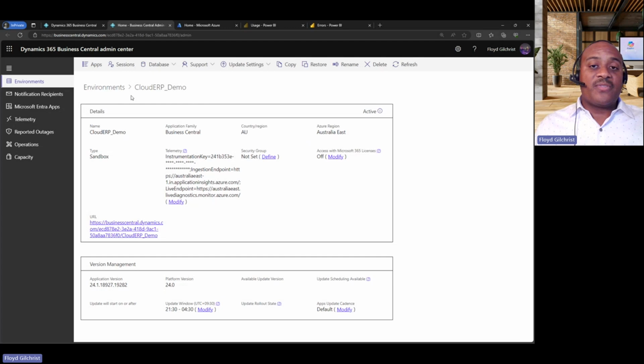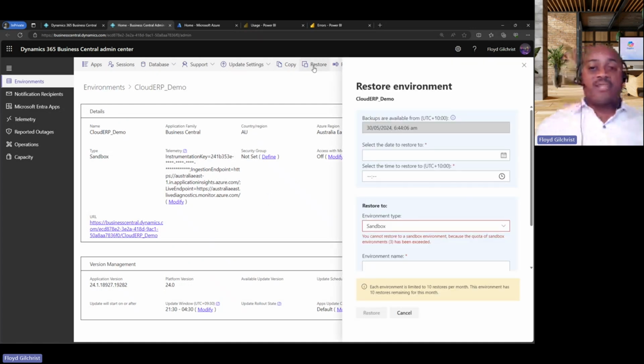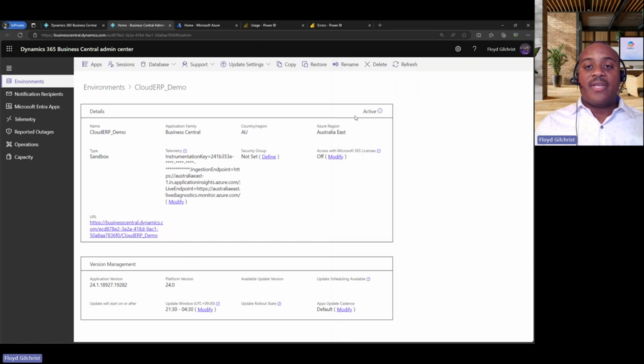Within this, I can also do various activities such as copy my environment. If I wanted to copy this and create a duplicate of this environment for sandbox purposes, but not make changes to this environment, I can do that within a couple of clicks. I can restore from a point in time within this environment. If I select that option, it'll give me a box that asks where I want to restore from. I can select a time that goes back 28 days prior to today. I can select a very specific point in time, and then I can restore that and start working in that environment within a matter of minutes. I can also do rename operations. I can delete this environment, and I can also do a refresh of that environment.